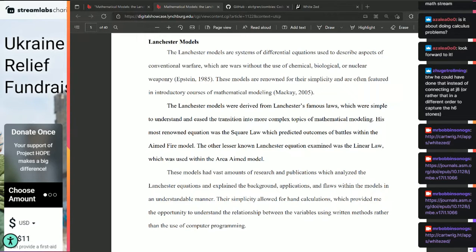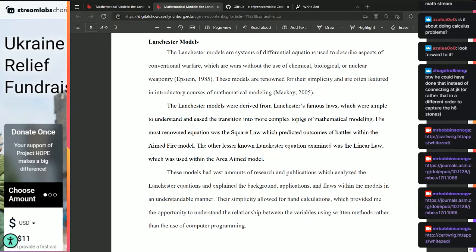The Lanchester models are systems of differential equations used to describe aspects of conventional warfare. So, paper 2, this is the link. This is the link. So, paper 1 and paper 2. Lanchester war models. These are systems of differential equations used to describe aspects of conventional warfare, which are wars without the use of chemical, biological, or nuclear weaponry. These models are renowned for their simplicity